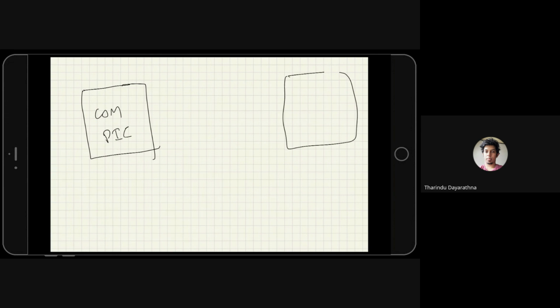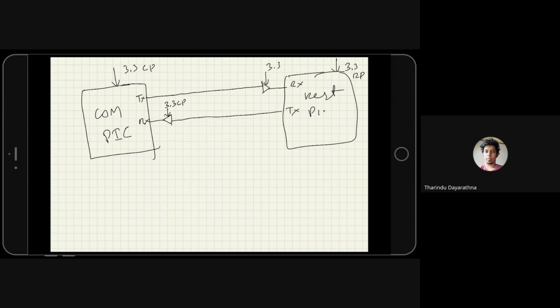And we have the reset peak. So this is Tx, this is Rx. We have a buffer here, and we have a buffer close to this peak. This has the 3v3 reset peak power line. This has the 3v3 comp peak power line. We power this buffer using 3.3 comp peak, and this buffer using 3.3 reset peak. Okay,